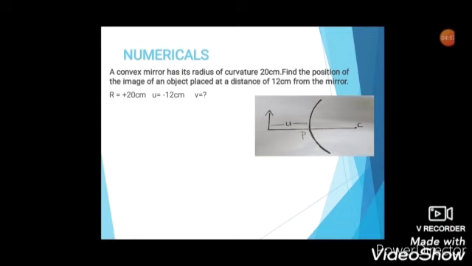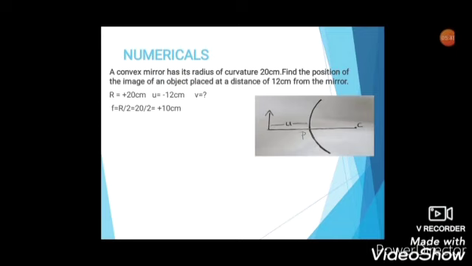First, it is given the radius of curvature, it's 20 centimeter. Here it's not just given 20 centimeter, it's positive 20 centimeter. So where did this positive come from? Now in case of a convex mirror, radius of curvature lies towards the right of the pole, correct? And according to the Cartesian sign convention, anything towards the right of the pole is given by positive, right? So here it is right, and that value of 20 will have a positive sign with it.